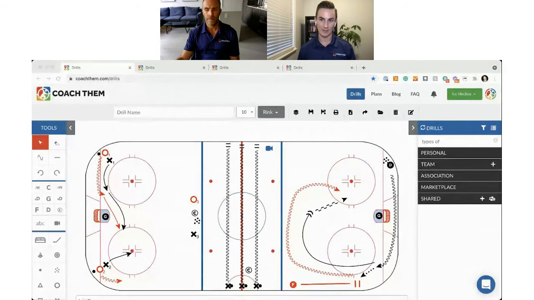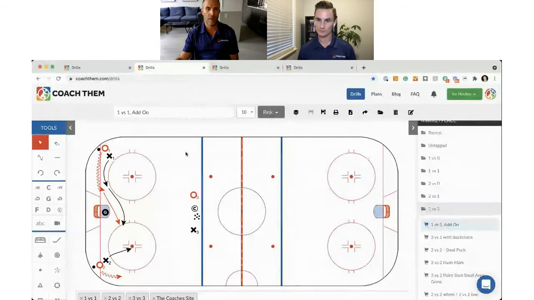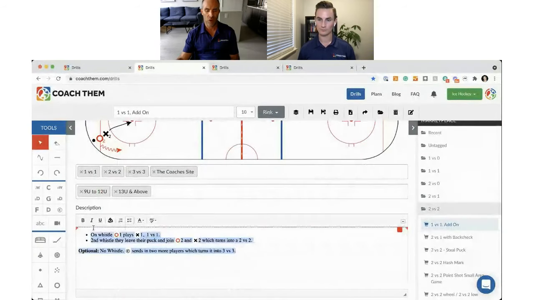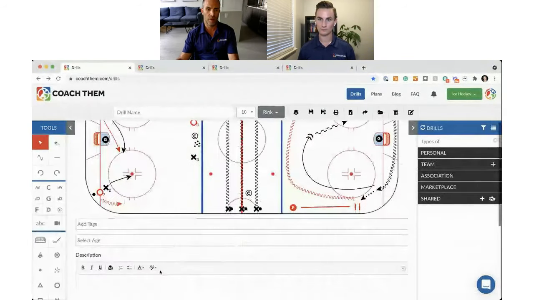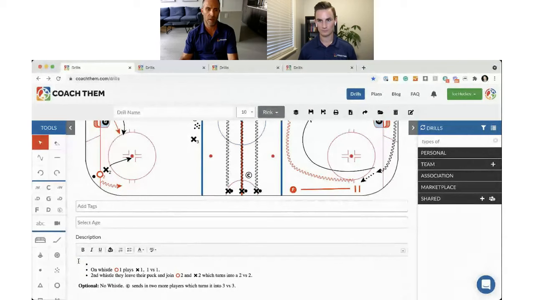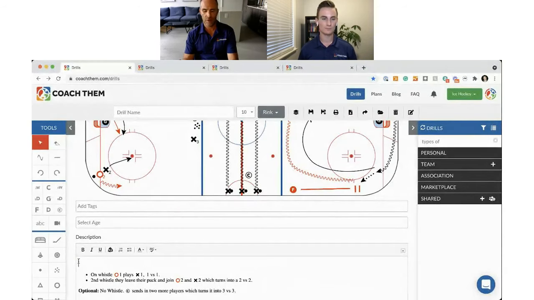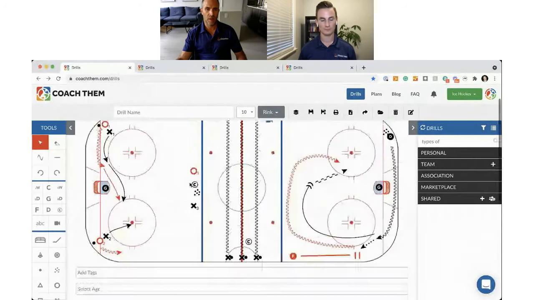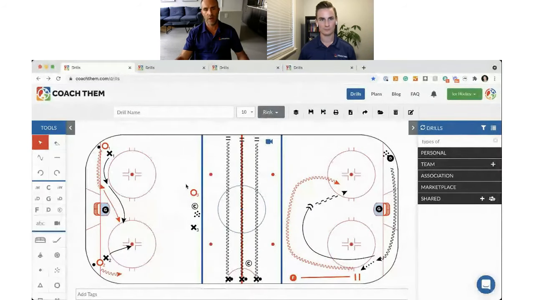A couple more questions that people are asking. So Martin asked, when you copy over the drills, does it bring over the drill description? Mike, do you want to answer that one? At this point, no, it doesn't. But it's as simple as going in and grabbing the drill description. You copy it, and then you bring it over. As far as right now, that would be the option. And then you would say drill number 1. So that would probably be the easiest way to do this right now.